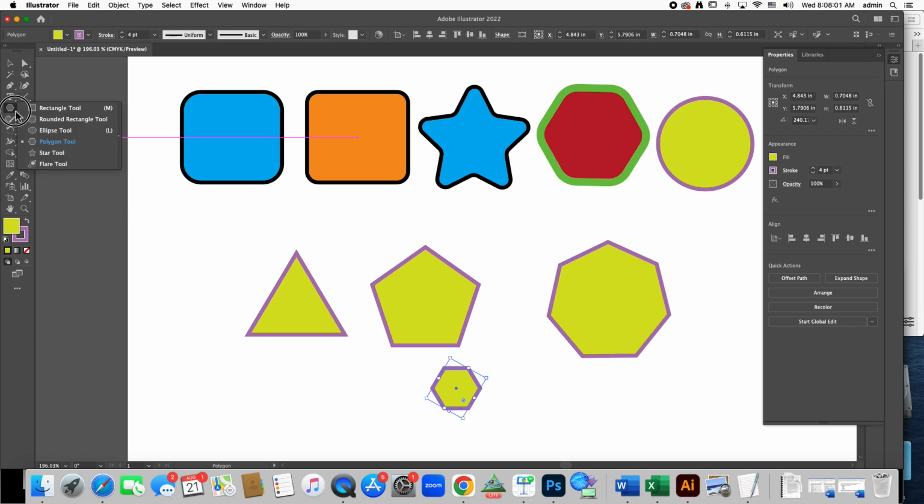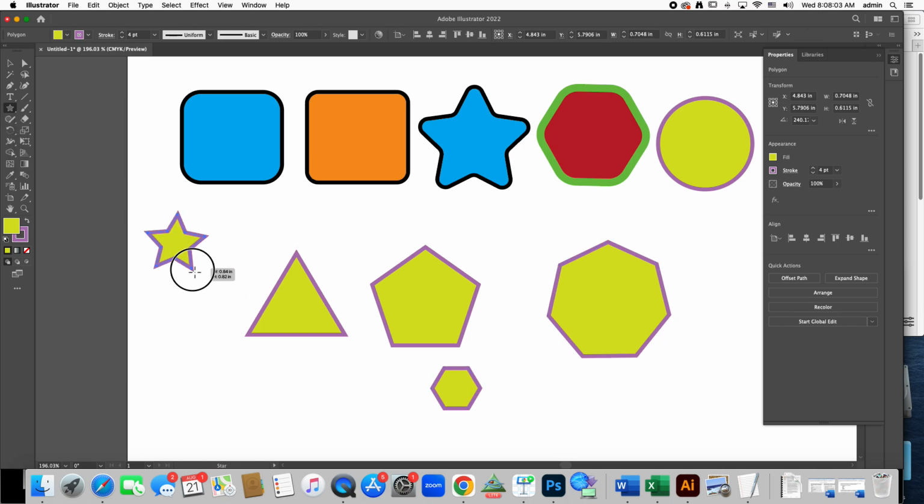The same thing applies for your star. If you click and drag, you can add more points to your star or less points before you let go of the mouse, and you'll have different types of stars. So those are some just very basic introductions to drawing shapes and lines,